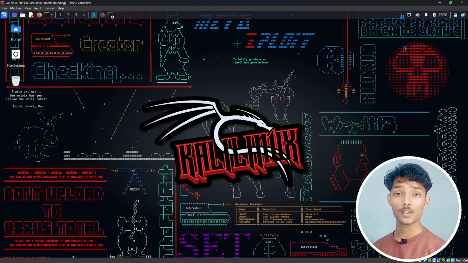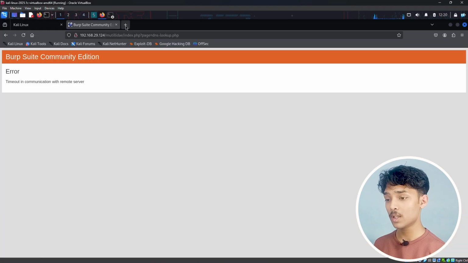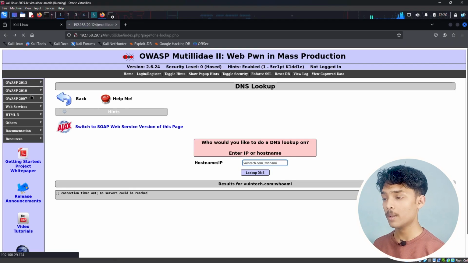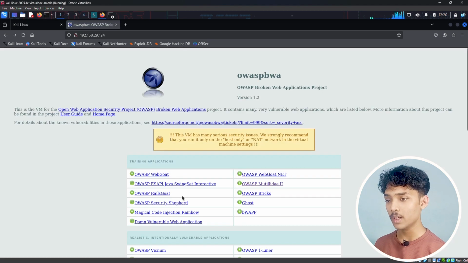Now since we know about this vulnerability, that was reverse shell connection vulnerability using command injection, let's move to our next vulnerability that is very crucial and it can be left behind due to some vibe coders or some careless web developers as well. So let's go to our Kali Linux and get back to our OWASP-BW website where we have all those vulnerable applications link, and let's go to DVWA, and in that DVWA we have a crucial vulnerability